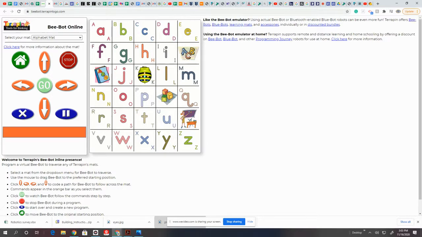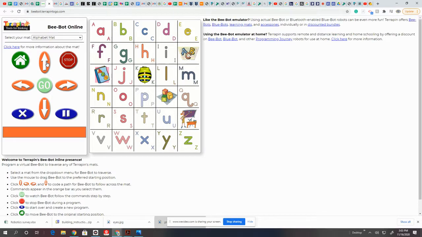There are no exact ways to program this correctly. Whatever way you choose is correct. There's no wrong or right way to program. When you're learning how to program, we're learning how to problem solve. And problem solving, you can problem solve many different ways. So for example, to program my Bbot, I'm going to go forward and to the right, and then go forward again. So that's three